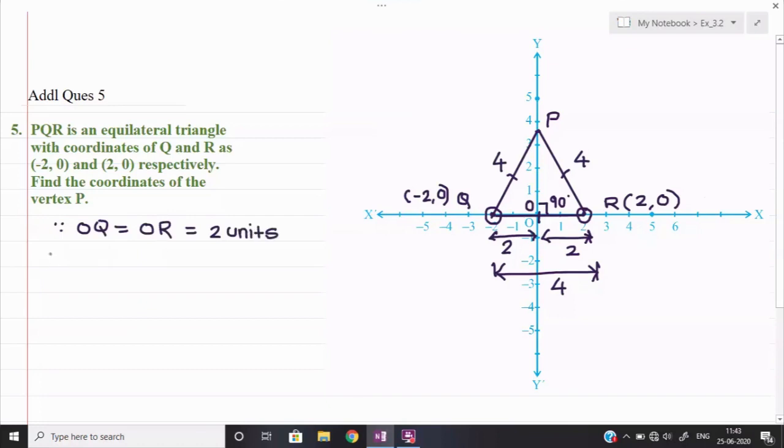Okay, so we can say that therefore the value of PQ is equal to QR is equal to PR is equal to 4 units. Now further we shall apply here the Pythagoras theorem. So write down further, also